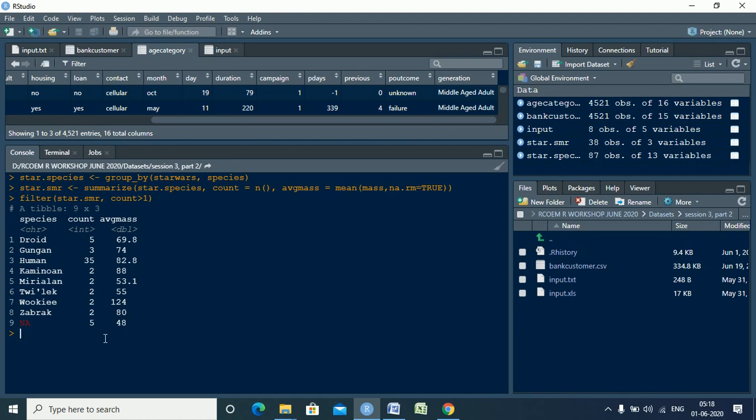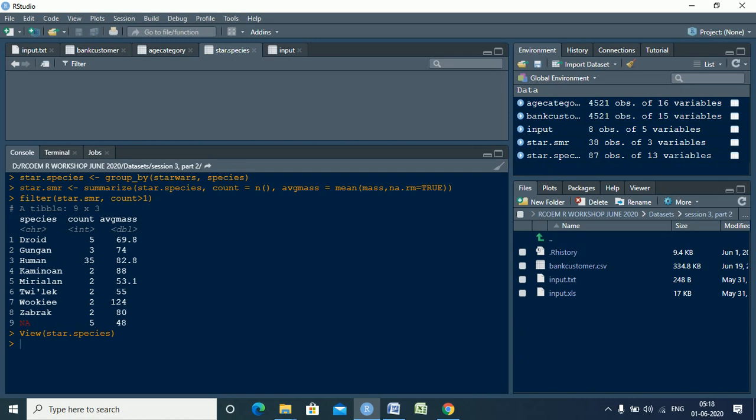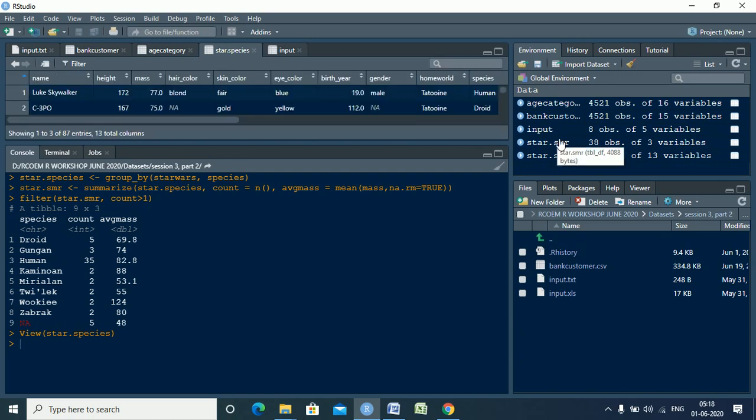So now we have performed these 2 to 3 operations over here, and for performing this we had to create 2 new data frames, star species and star smr. Creating these data frames is a cumbersome job, and second, we know that these data frames are not going to be used further for any kind of analysis.